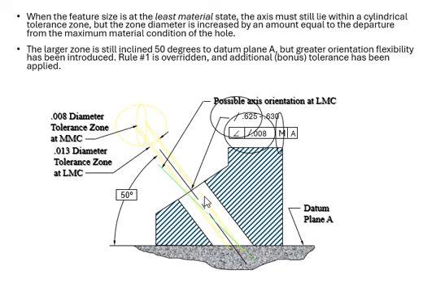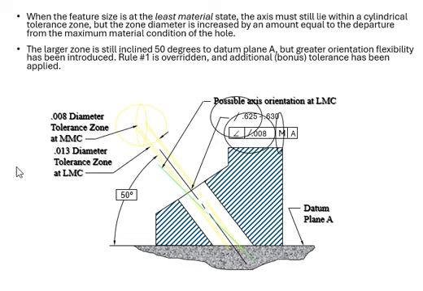It's going to be increased by an amount equal to that departure from the maximum material condition. Your maximum material condition is going to be, let's say, around here, and then you have least material condition, so you measure that difference, and you're going to get